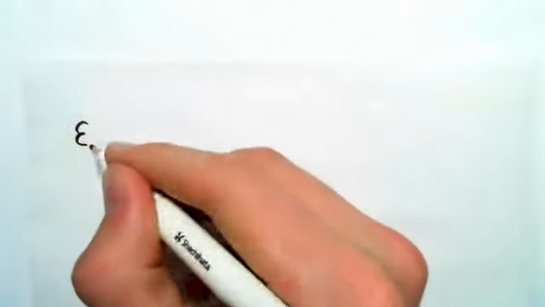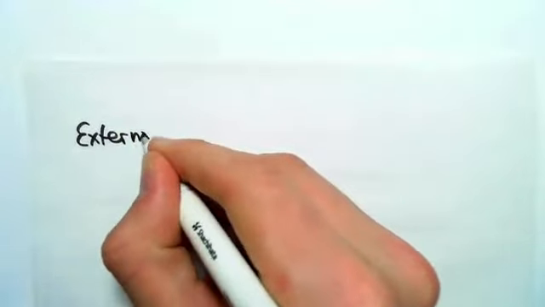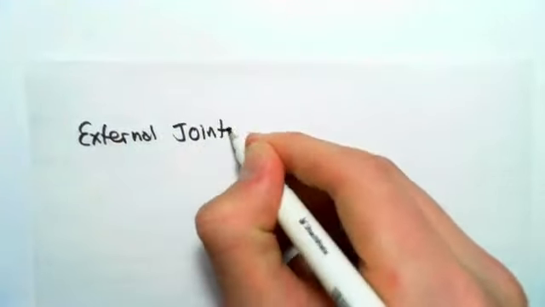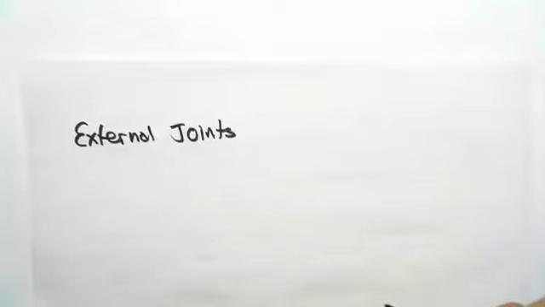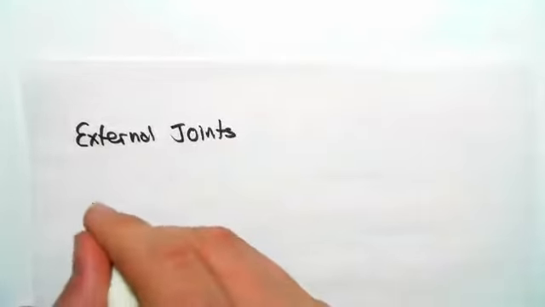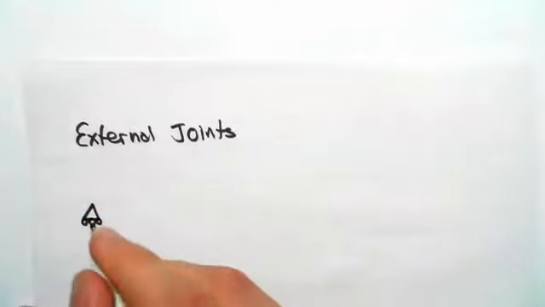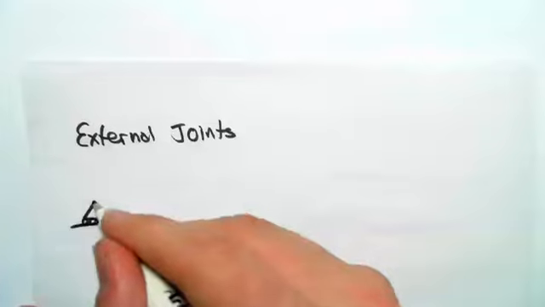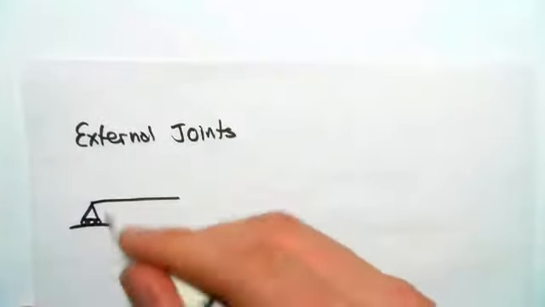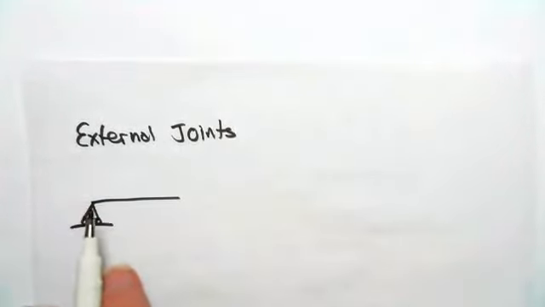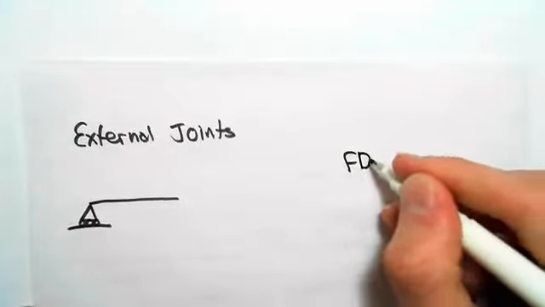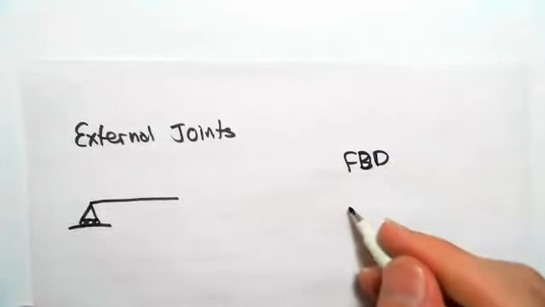And so external joints are the ones you want to concentrate on, because they're where more of the examples or more of the solutions come from. So I'll start off with roller joints. So these look like a little triangle with little wheels on the bottom. I'm just going to have that out there. They only cause force in the direction just perpendicular to the surface. So if we do a free body diagram of this, it looks like